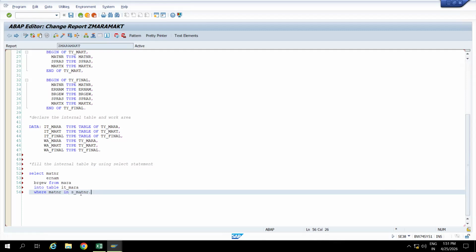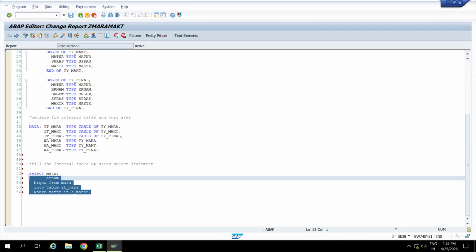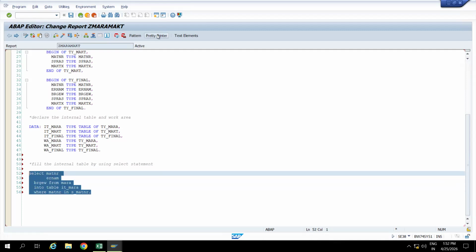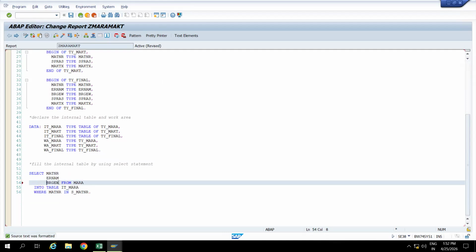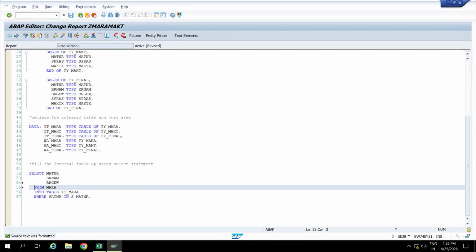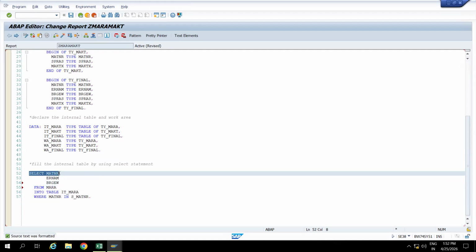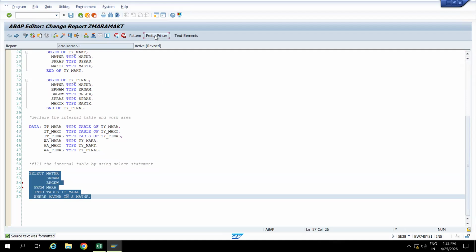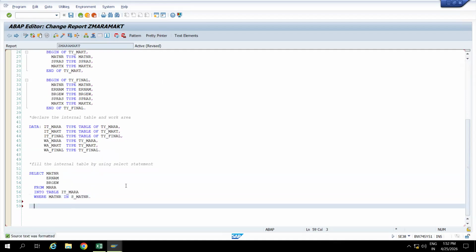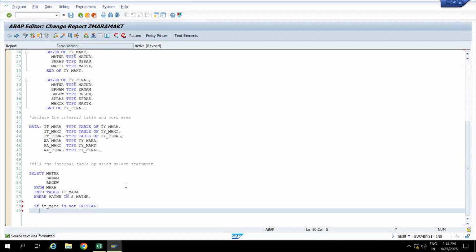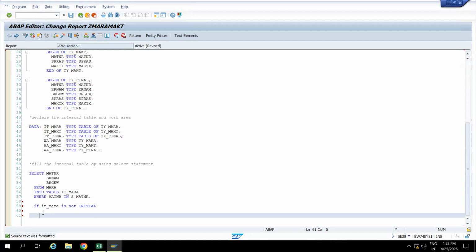Okay. So now what I will do, see, do the pretty printer. See, it will arrange automatically. Okay. From internal table. So now you can arrange it. So automatically it is converted. Okay, click on this. So now if IT underscore Mara is not initial,